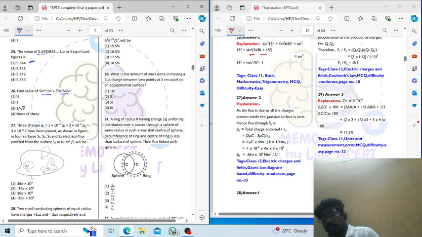So this is 1 microcoulomb, this is 2 microcoulomb. When these two bodies are combined, or it is inside the surface,